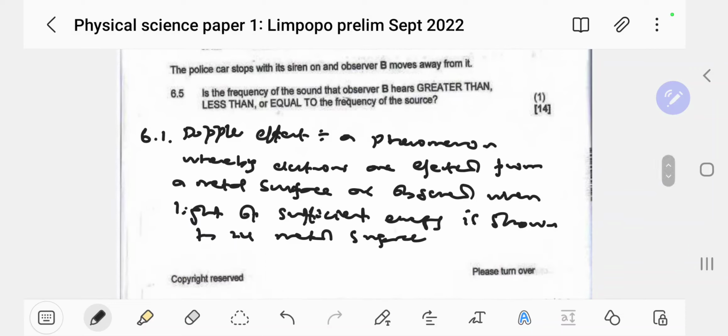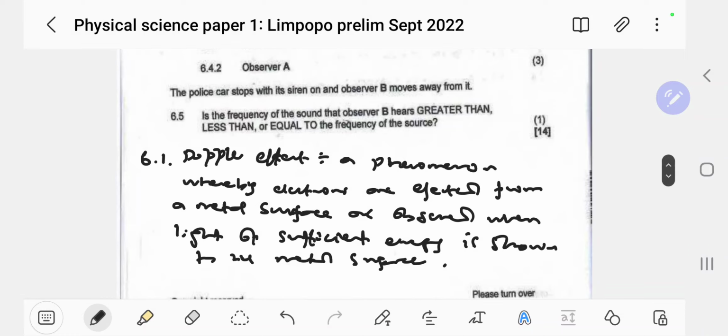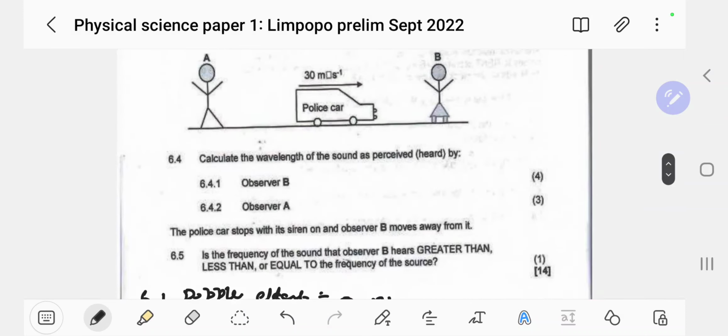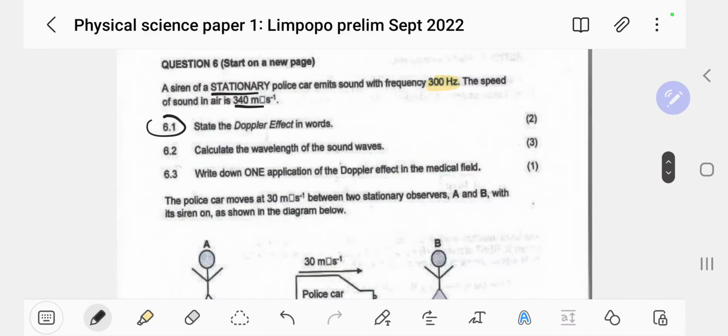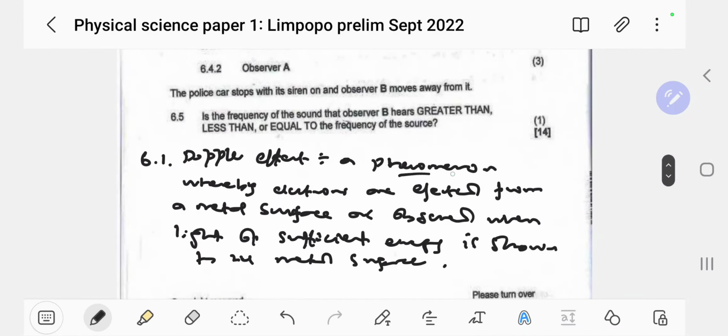surface. Okay, I mean, you can put it in as many ways as you want, but the essence is you're taking a light of some sufficient energy, you're shining it onto a metal surface, and electrons are ejected. So you make sure though you don't lose the science there in whatever words you can create. We were told use your own words, so that's why I'm able to just sing as much as I want. Try to use some technical terms like phenomenon. What is that? It's English, Papa.